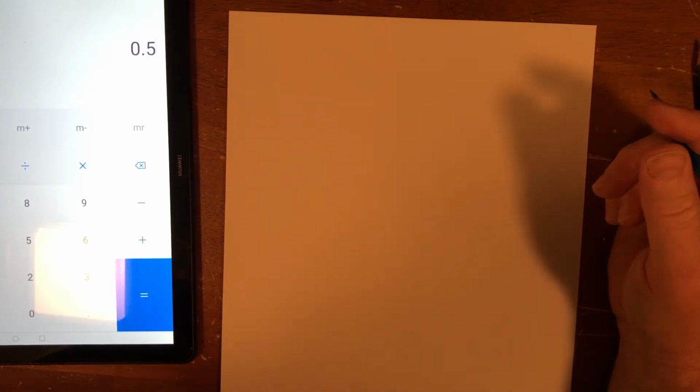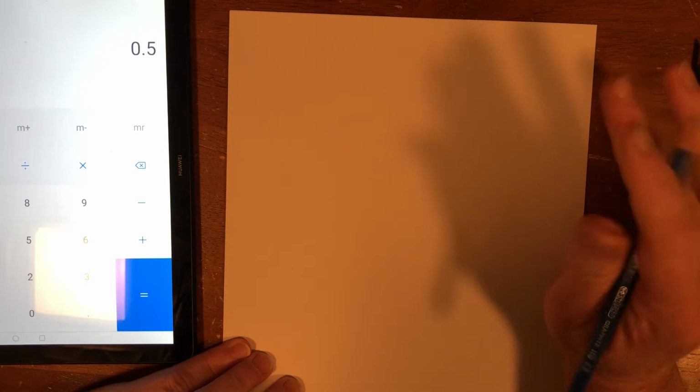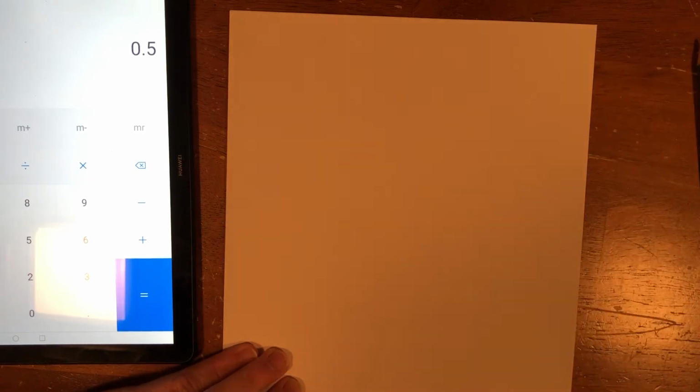Our last unit was on fractions. This unit is about fractions, decimals, and percents, and they're all very closely related. You will need to know the things that you learned in the fractions unit to be successful in this unit. So very quickly,